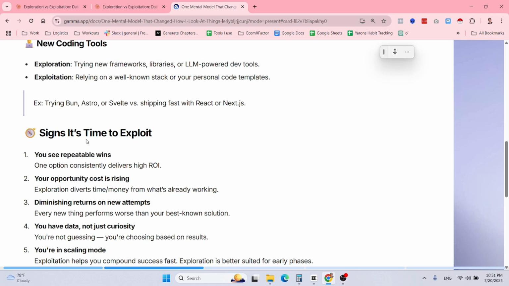It's very unclear, and obviously when it is very clear that you need to exploit, it means that you're already too late. And obviously there is a trade-off, because if you exploit too soon, you might be exploiting the wrong thing. And if you exploit too late, you might just keep on being in exploration mode, and exploration mode basically never yields an ROI, because you never focus on anything. So I tried going back and forth with the chat and trying to understand when it's a good time to exploit. Obviously, it's very subjective,